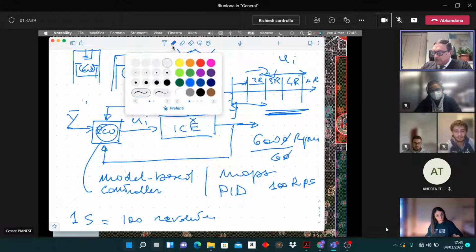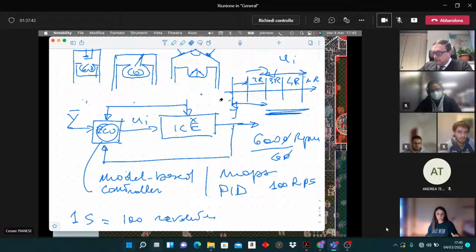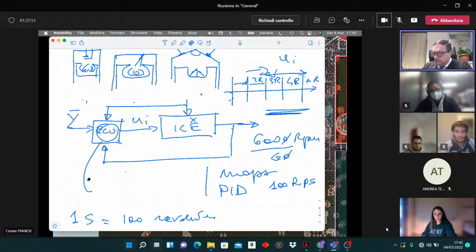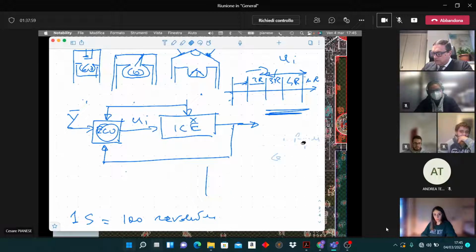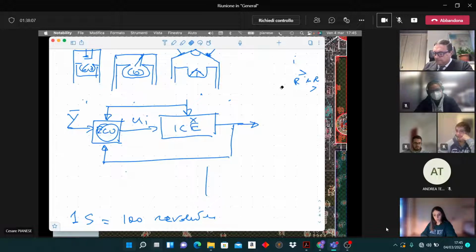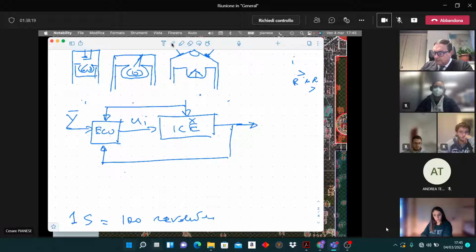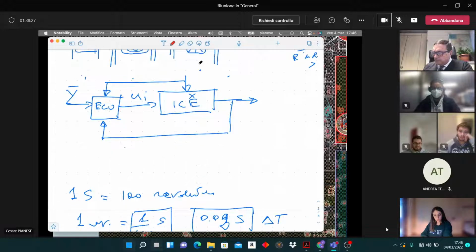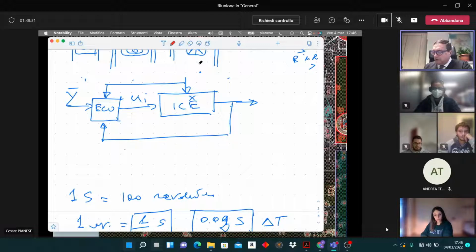So let me clean a little bit. So every 2 revolutions, in every 0.02 seconds,